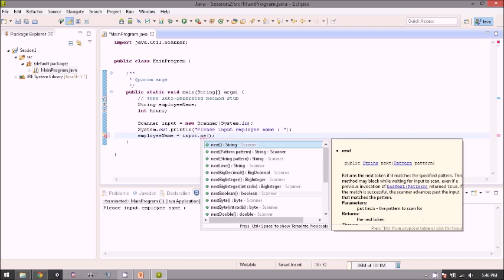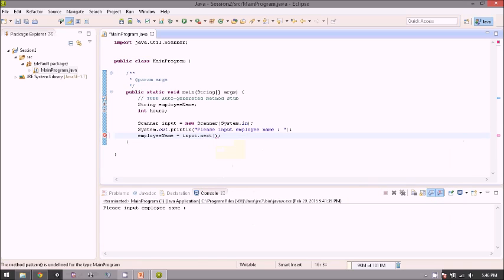If you just use input.next, the input from your user will only save one word. I mean, if the user inputs, let's say, William Henry, and we use input.next, the data that will be stored in employeeName is just William, so the Henry will be gone.